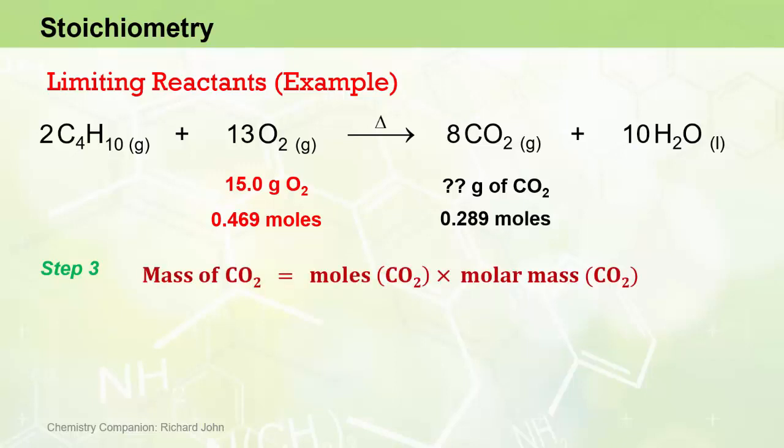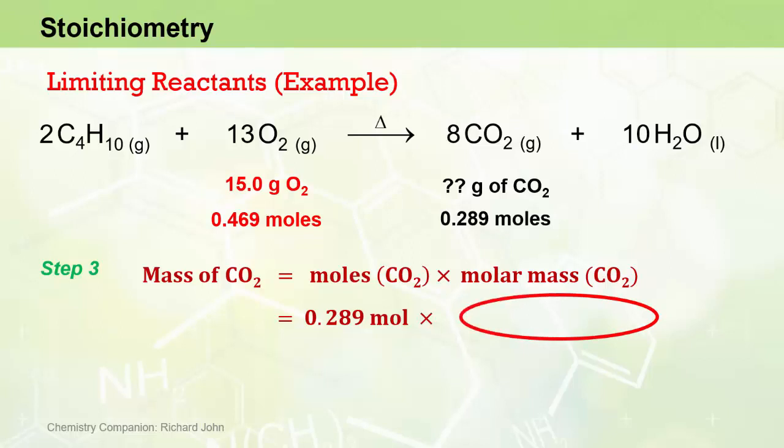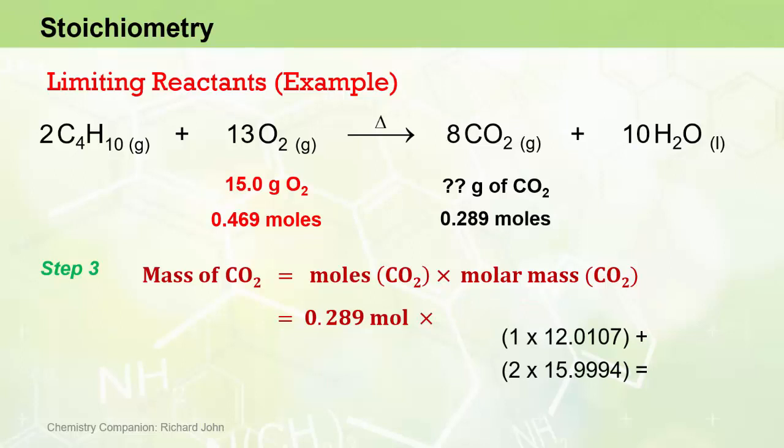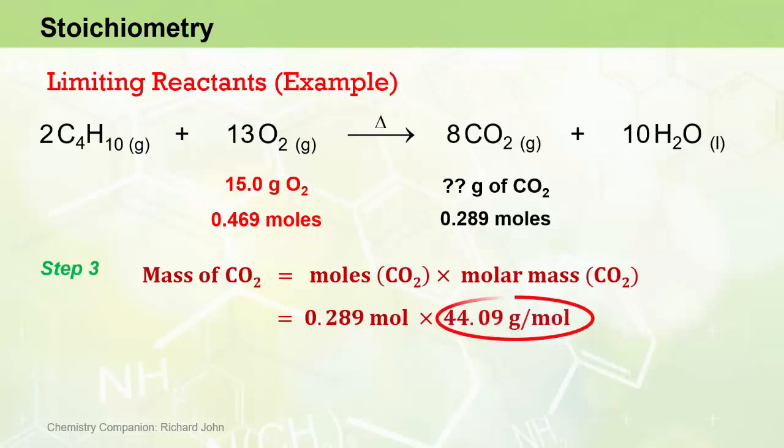In step 3, we convert the moles of carbon dioxide to mass of carbon dioxide using the rearranged form of our molar mass equation, giving mass of carbon dioxide equals moles of carbon dioxide times the molar mass of carbon dioxide, which equals the 0.289 moles that we just calculated in step 2 times the molar mass of carbon dioxide, which we can calculate in this little side calculation here to be 1 times the molar mass of carbon plus 2 times the molar mass of oxygen. Remembering we get those values directly from the periodic table, and the molar mass of carbon dioxide being 44.09 grams per mole. We substitute that into the equation and we get the mass of carbon dioxide produced to be 12.7